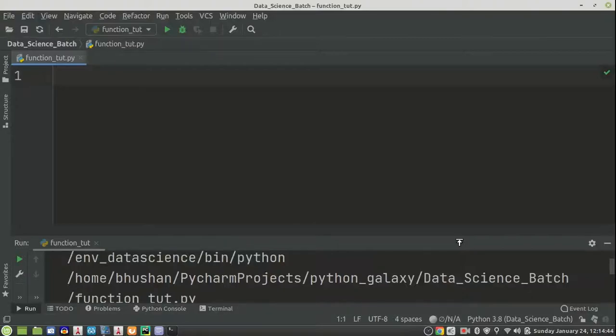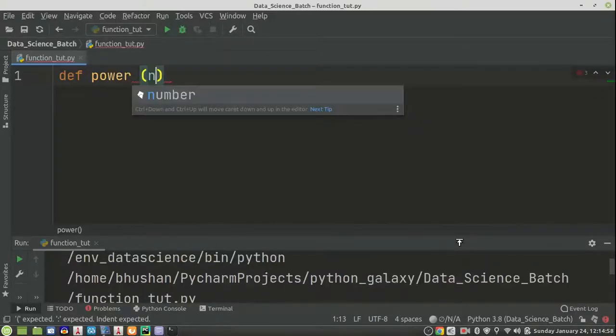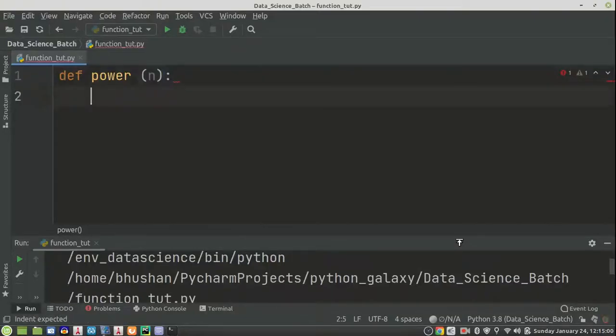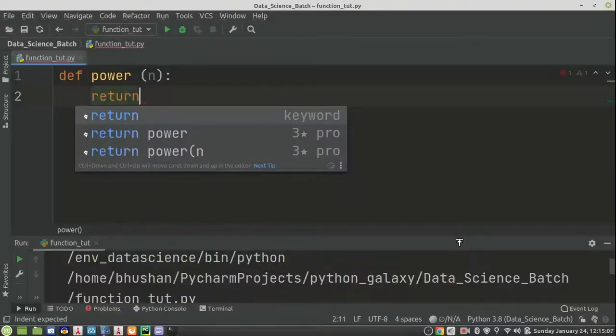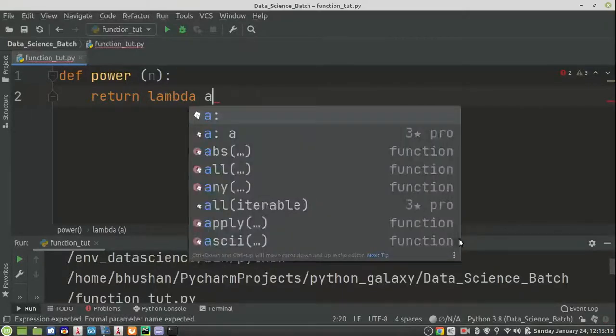For example, if I write the traditional function, that is def power, this is my function name, and I pass one argument, so n is the argument. Now I will return the lambda: a colon power of n comma a.